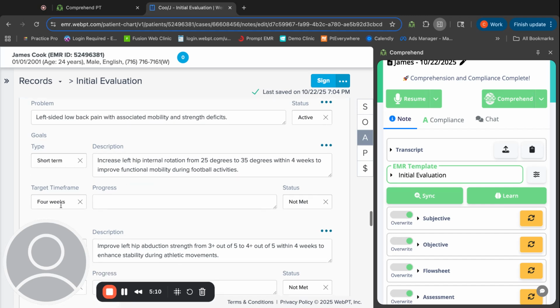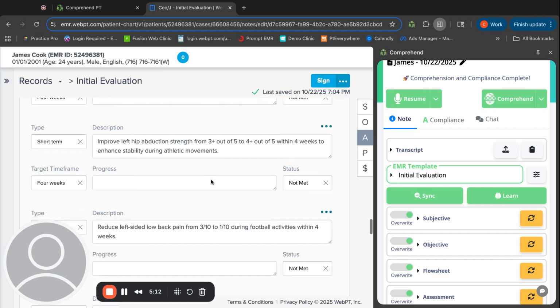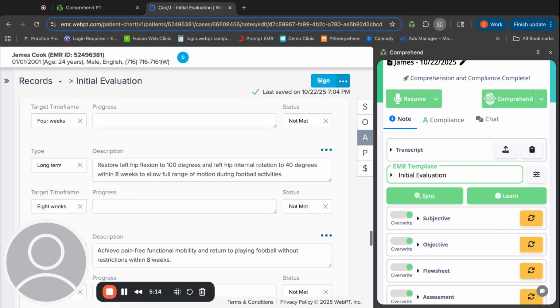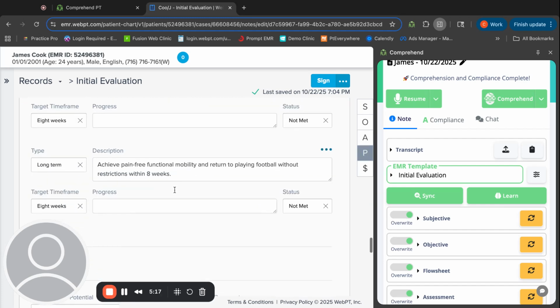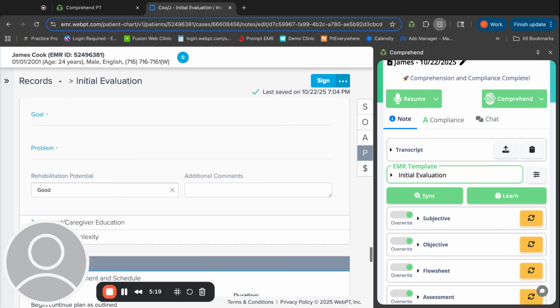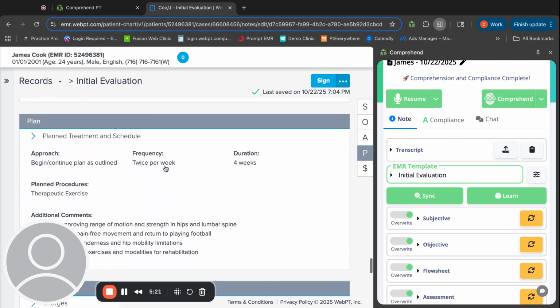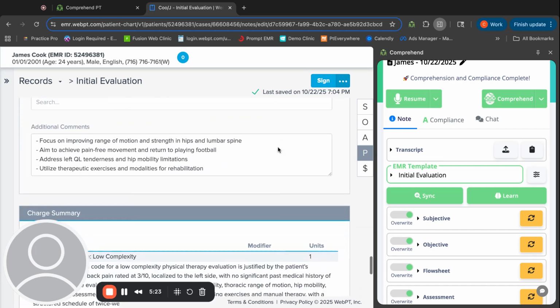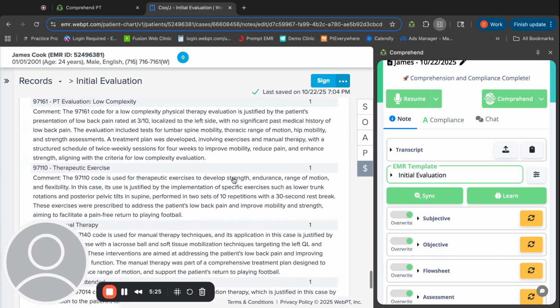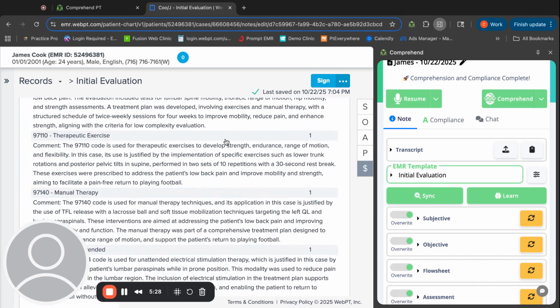We know short term, time frame, the goal, did a couple short term for me, did a couple long term goals for me. And then again, these are all fully customizable as well. And going down the line, frequency duration is now input into the actual drop downs and still customize each CPT code with